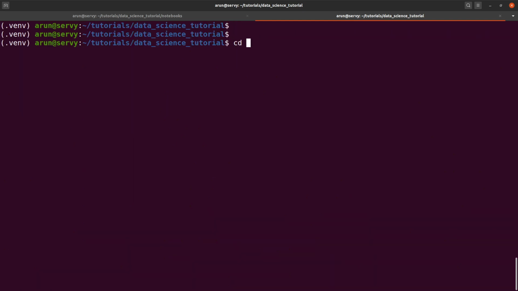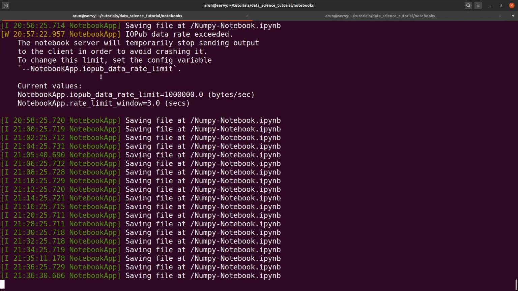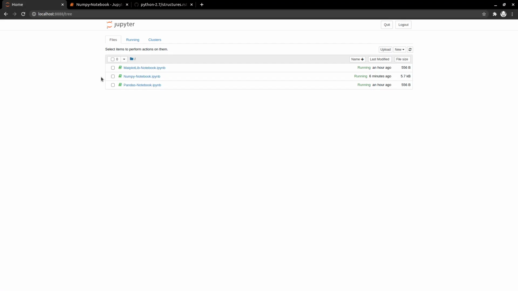Once that is there, go to the notebooks folder, or any folder you want, and type jupyter notebook. If you hit enter, you will get a window that opens up in that directory, where all the notebook files will be created. They will always be .ipynb files, like IPython notebook; NB is for notebook.